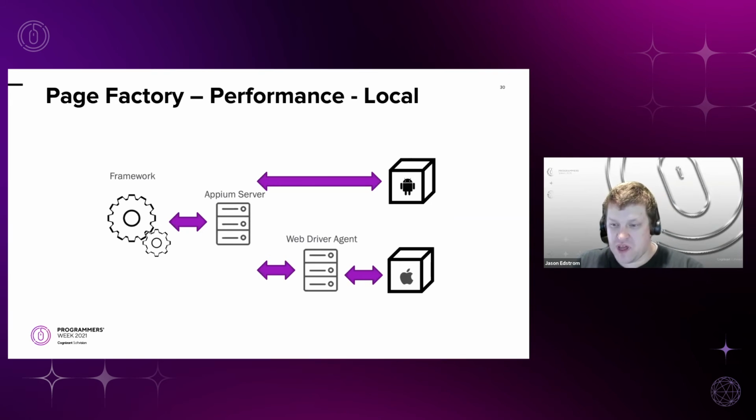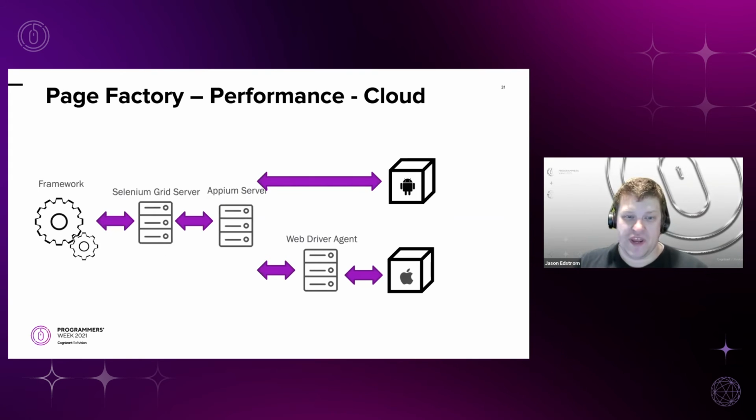But you have two of those in place, and the talk time between those has lag. So even in a local scenario, it's not that bad. But once we get to cloud, it gets worse because we have to travel over the internet now. We now have to deal with the grid server, which, if it's a testing infrastructure or heavy use time, then all of a sudden we have lag there. We then have the Appium server, or to the device, or the WebDriver agent as well.